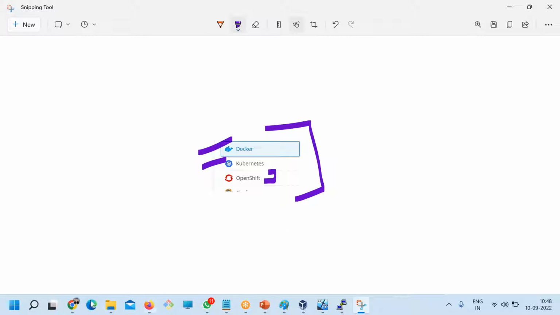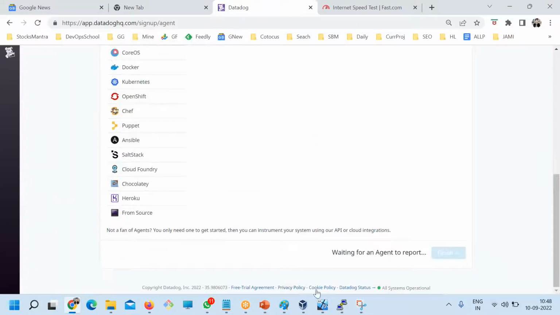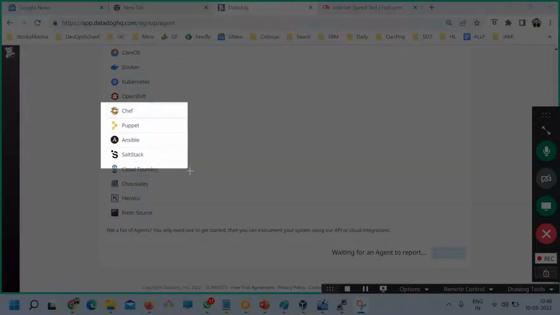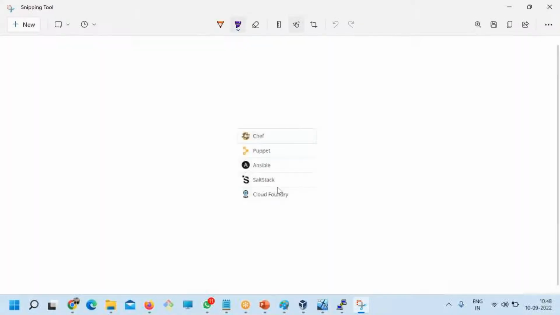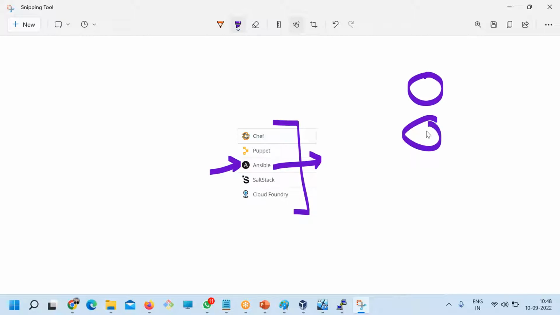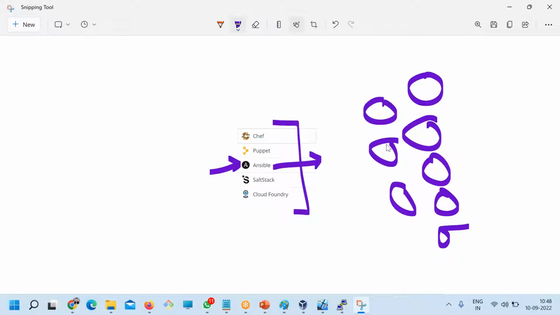Okay. Now these solutions which you see here are basically configuration management tools. One of the tools which I taught you is Ansible. So how can you install the agent on many machines? You have hundreds and hundreds of servers, so there must be a script for that.